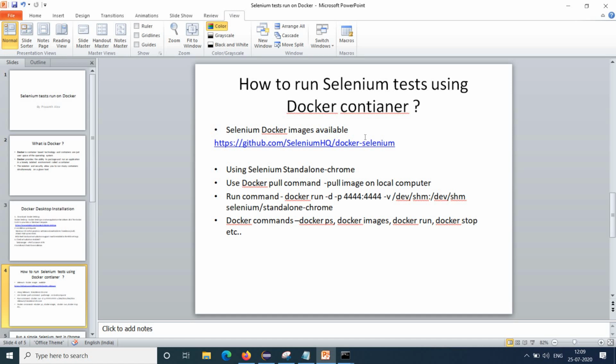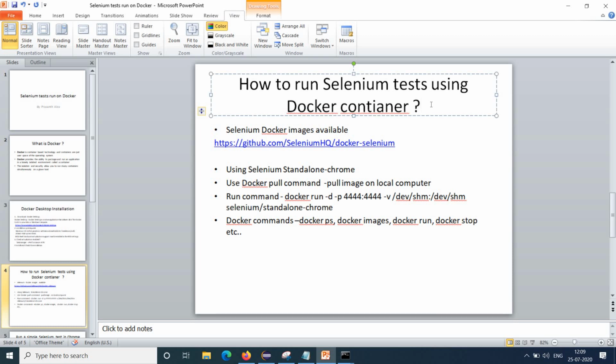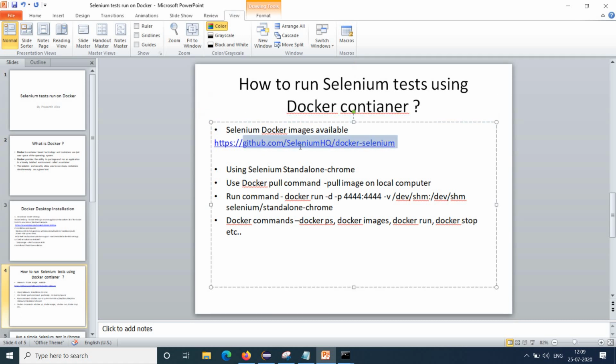Basically, that's what we need to do it. And if we are using a Docker container, either we can get a fresh image of Windows 10 OS, we can install Java, we can install Chrome, and make it ready for running your test. But the Selenium people themselves provided some Docker images that are already available in the Docker hub,